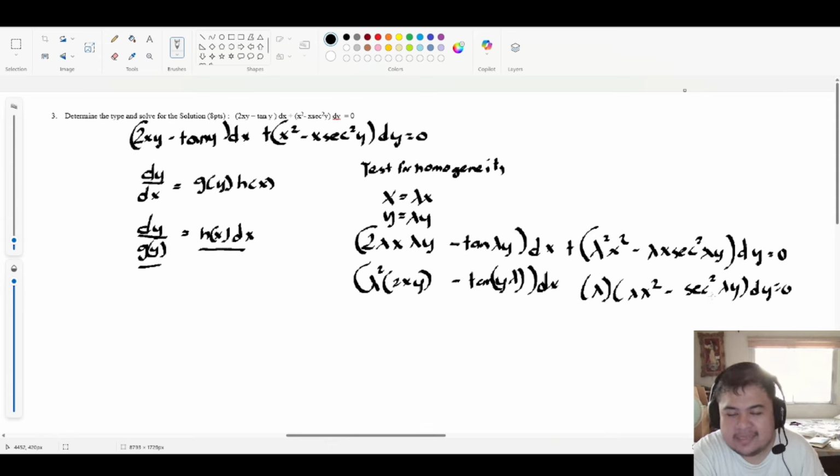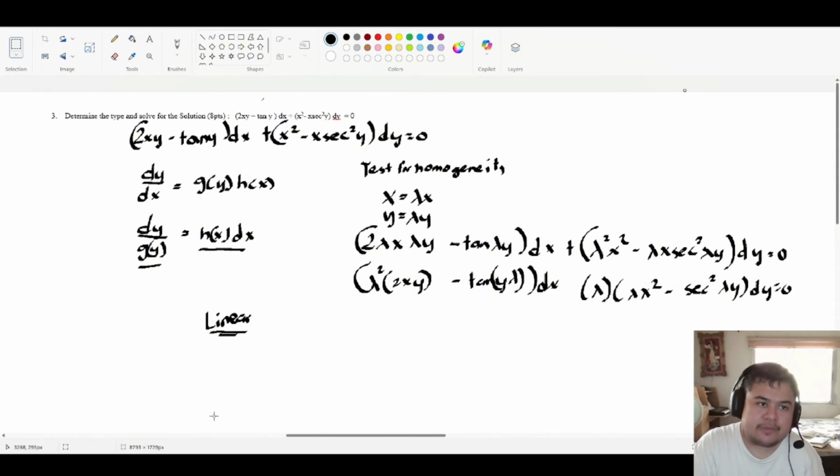Okay? For linear equation, when you're looking for linearity for a certain variable, it needs to be first degree. But y is in a trigonometric function, and x in the equation is x squared. It's not linear anymore. Okay?